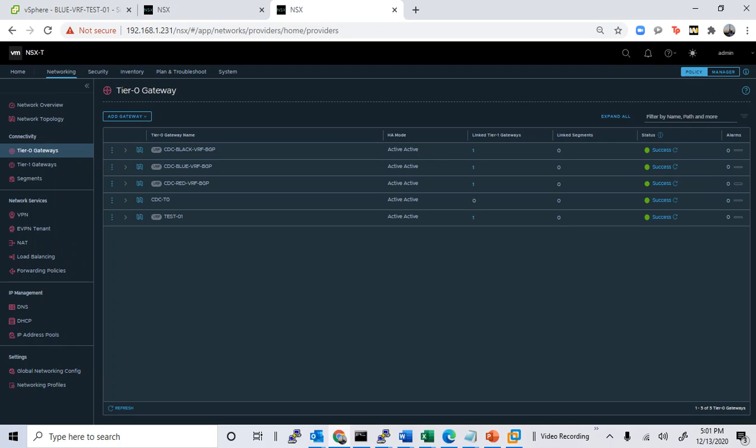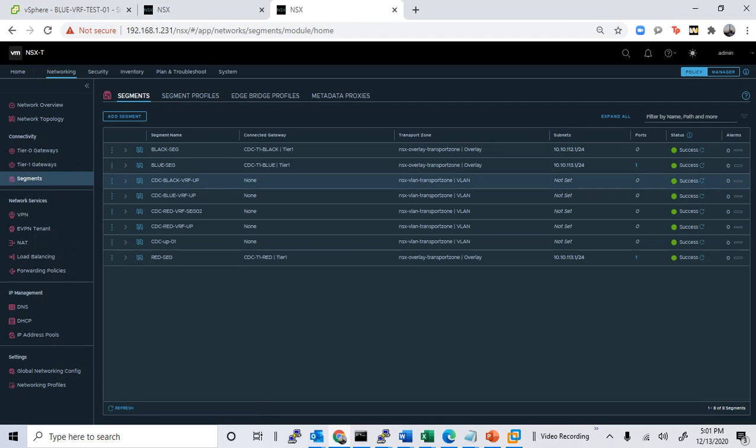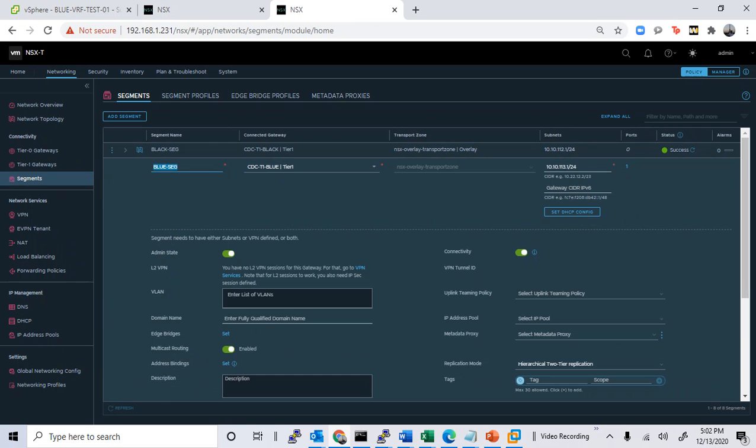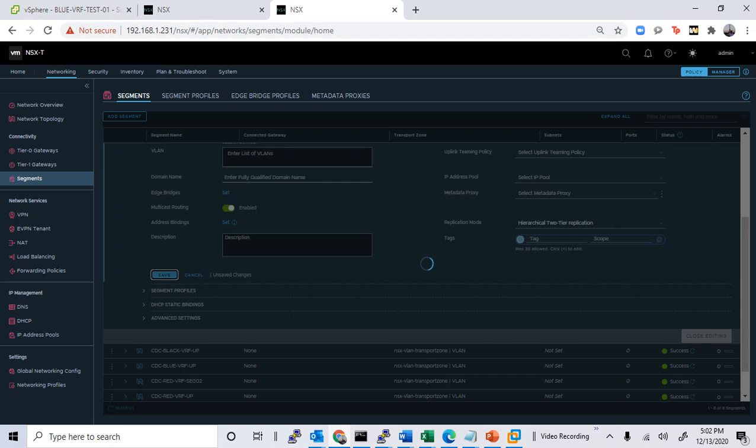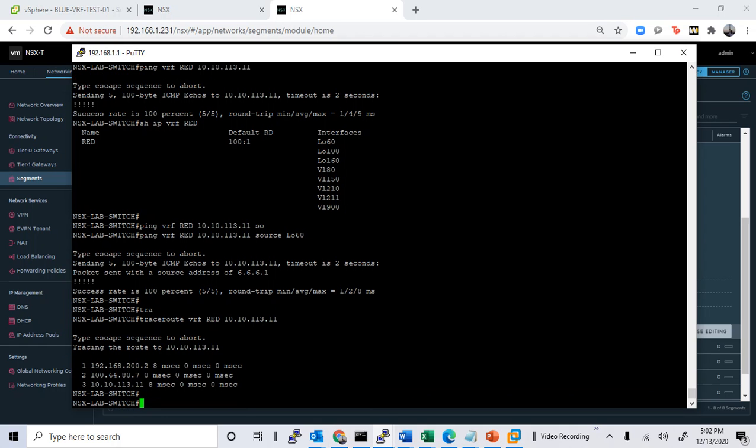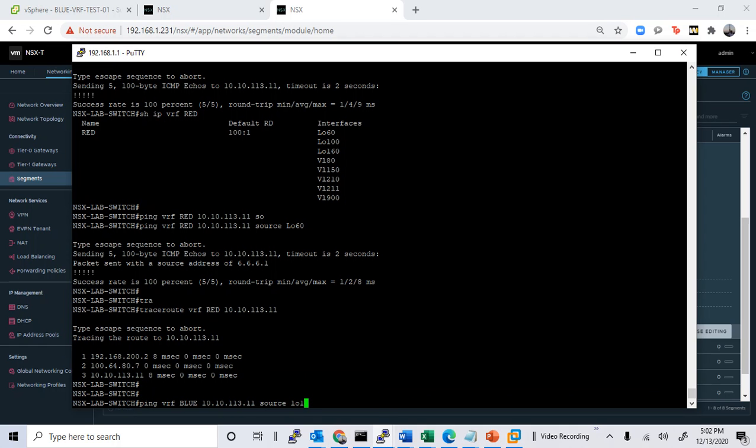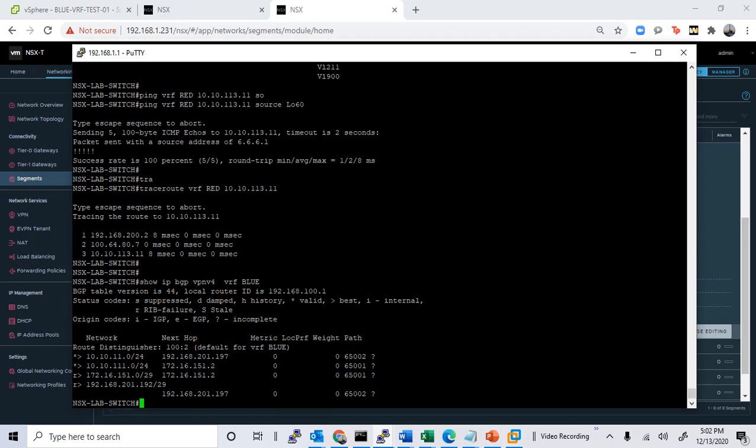I go here and simply go to the segment here and make it 113. Edit. I'll say 113. Okay, and save. As soon as we do, I will go here and see that we will start getting the routes for blue VRF as 113 would be gone. Now we can see 111 in place of 113. Yeah, we are getting 111. We can ping. Okay, ping VRF blue